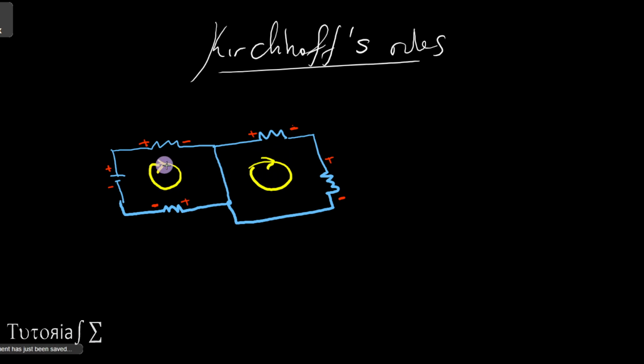Here the loop is in that direction, which is clockwise, and here the loop is clockwise. It's important to identify the loops, as they will also be important in identifying whether we have a voltage increase or a voltage drop on a particular